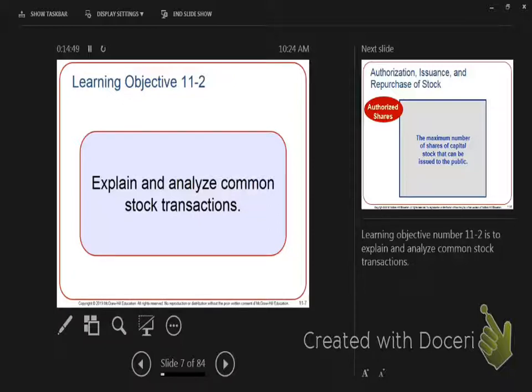Pretty self-explanatory, hopefully. So non-issued plus issued equals authorized. If I have 600,000 shares here, I would have 400,000 shares there, which would equal 1 million shares. These have not been sold. They are not owned by the company. The company did not buy them. They are just sitting there waiting to be sold.